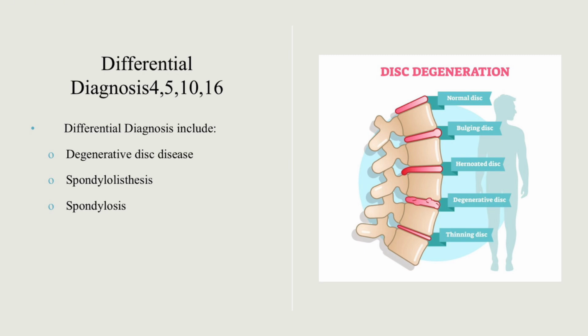And then just some of the differential diagnosis that we were able to find. We found degenerative disc disease, spondylolisthesis, and spondylosis. So with degenerative disc disease, this basically occurs when there is a deterioration within the cushioning of the spine. It usually occurs in people over 40 years of age, where they start to have some spinal degeneration within their disc, and of course, as that padding between the discs starts to go away, the discs start to rub